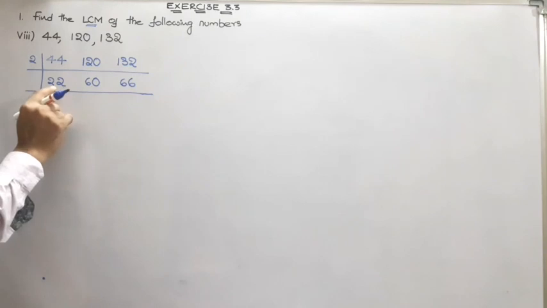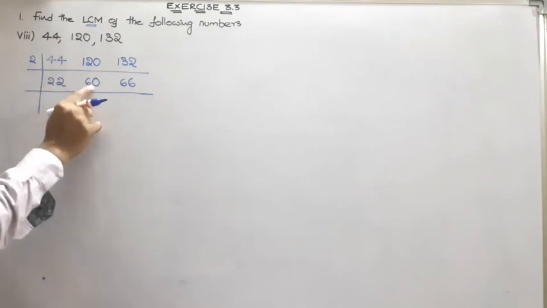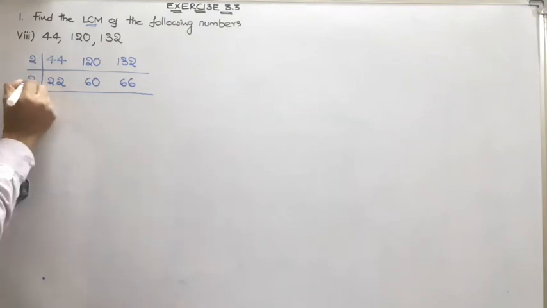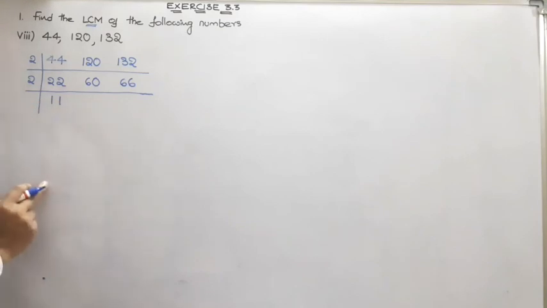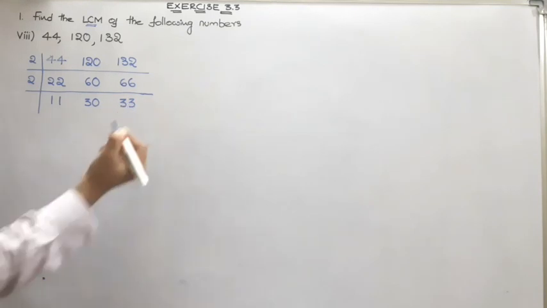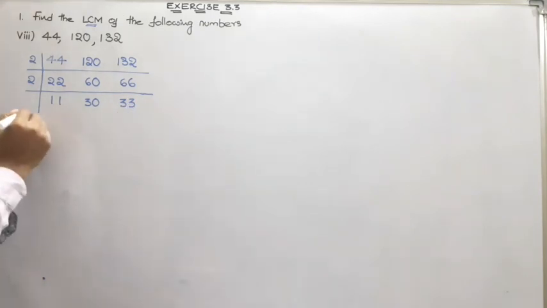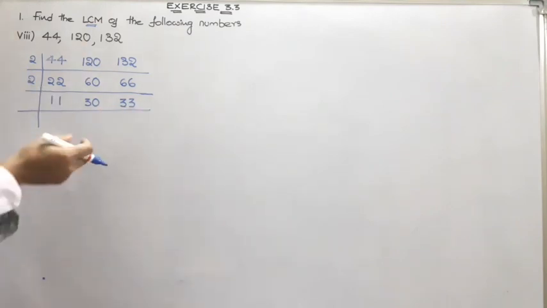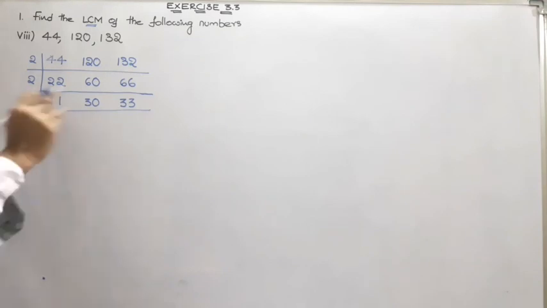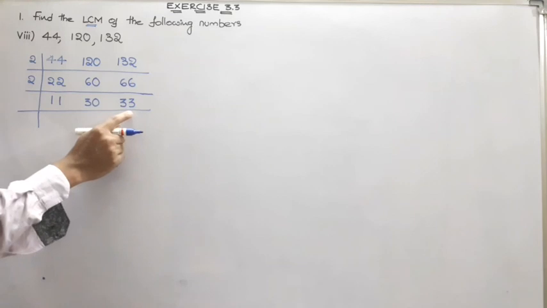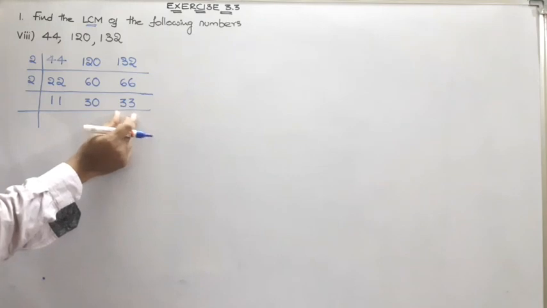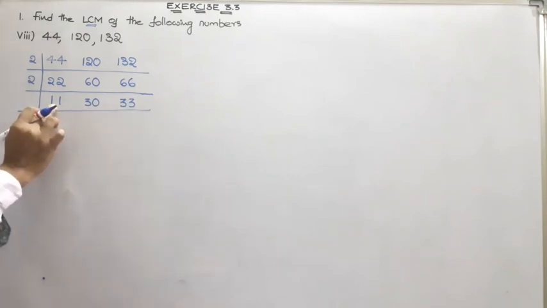Here we don't have such a problem because 22 is divisible by 2 and 60 is divisible by 2 and 66 is also divisible by 2 table. So 2 11s are 22, 2 30s are 60 and 2 33s are 66. Now if we take 11, 30 and 33, they are not going to be cancelled in a common table, because if we take 11 and 33, we can cancel in 11 table, but 30 is not. If we take 30 and 33, we can cancel in 3 table, but we cannot cancel 11.